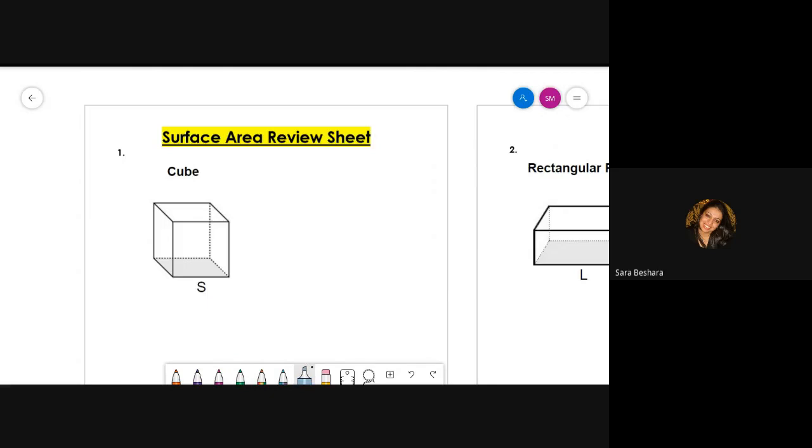So the first unique solid is the cube. How do I find the surface area of a cube? Remember, the cube is considered a prism. So the very basic